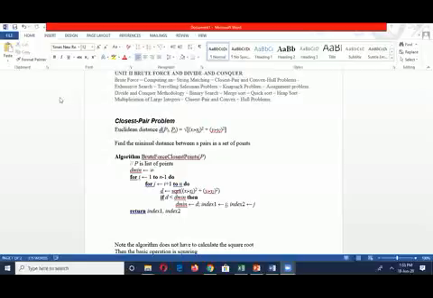Okay. So now first you're going to see about unit 2. In this unit 2, there are 3 questions you are going to note down. So 3 important questions in this. The first one is closest pair and convex hull. Take a pen and paper and note down the questions. So what are the questions which are available in this unit 2?